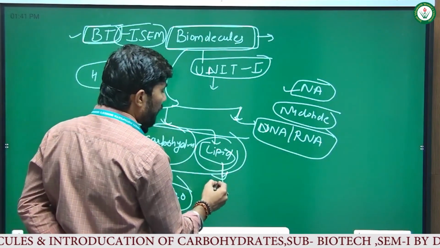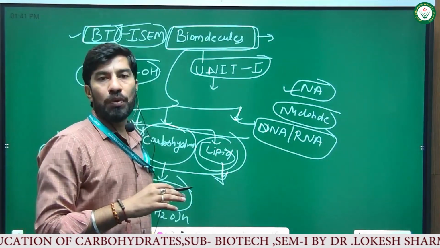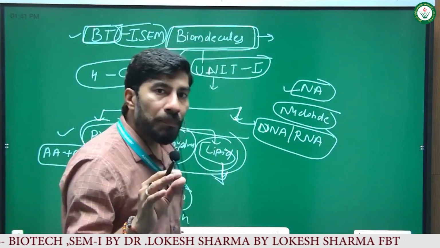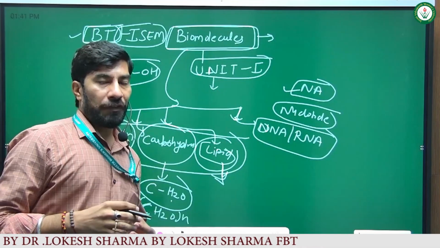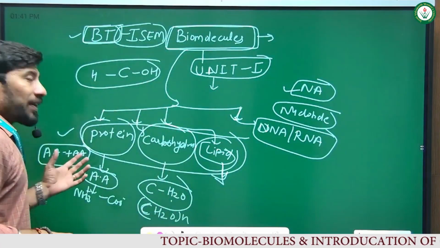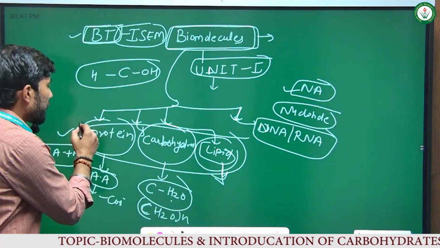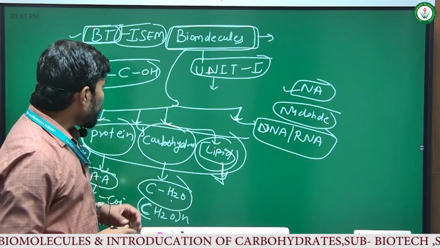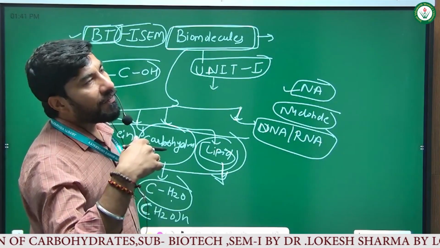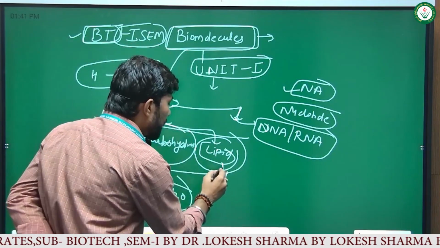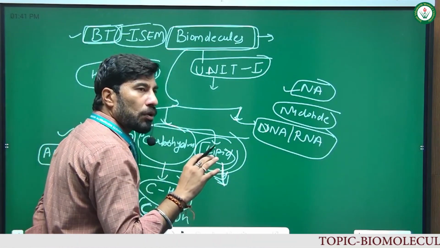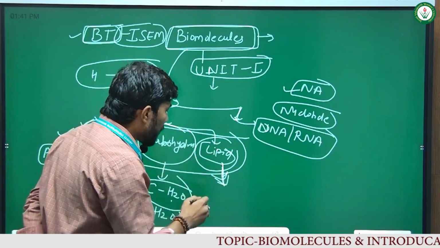Then lipids. Lipid is a heterogeneous group of biomolecules in which the lipids have different classes. So the minimum monomer unit of lipids we cannot decide, meaning how the lipid is formed. But we can know the monomeric unit of protein, which is amino acid. In carbohydrate it is hydrates of carbon, the monosaccharide. Then we will discuss carbohydrate. Lipid is a heterogeneous group which does not have monomeric units. Lipids have different classes like